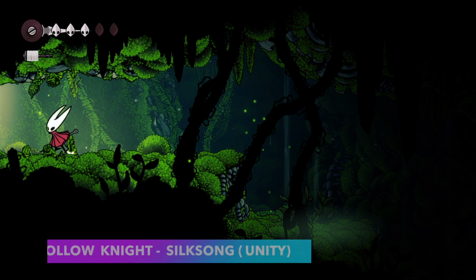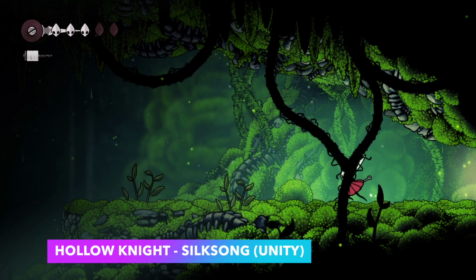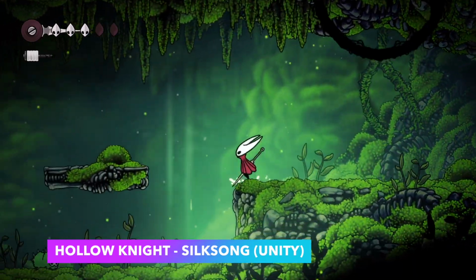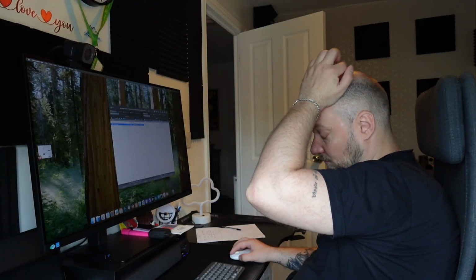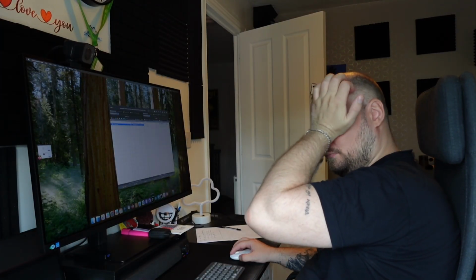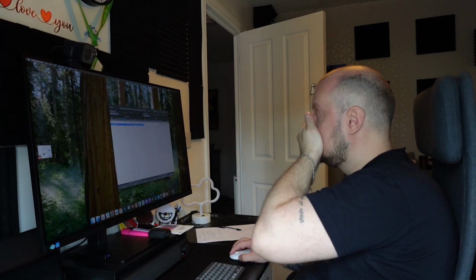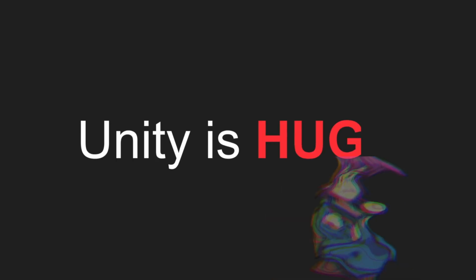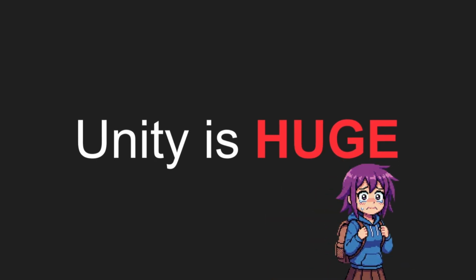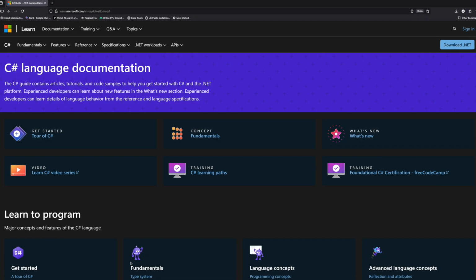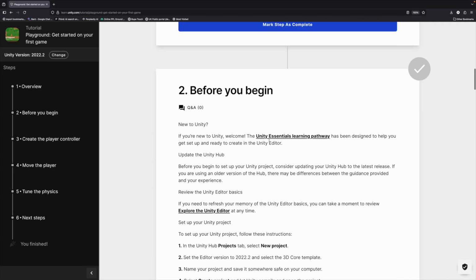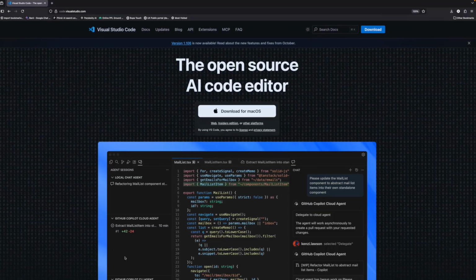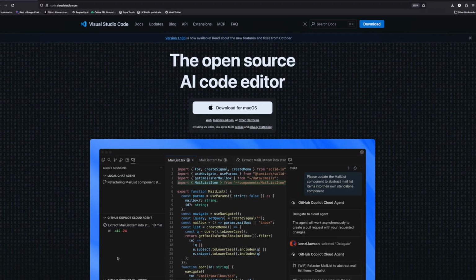Unity is arguably the most famous game engine in the world, powering the vast majority of small to medium computer games. However, I would not recommend Unity for your first game. Here is why. There is simply too much to learn before you can create even a basic game. You will need to learn at least some basic C#, install and configure both Unity and Visual Studio or Visual Studio Code, and jump over some other hoops.